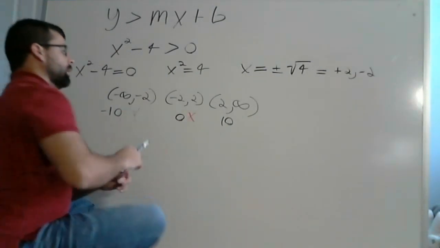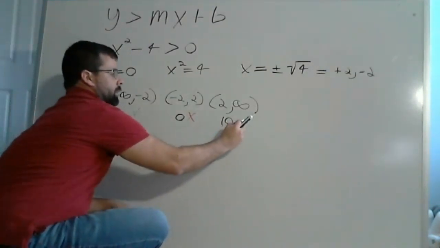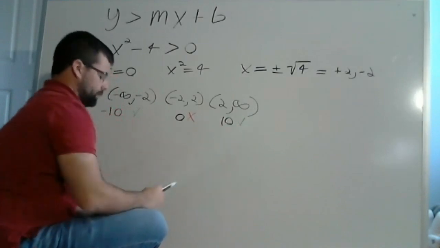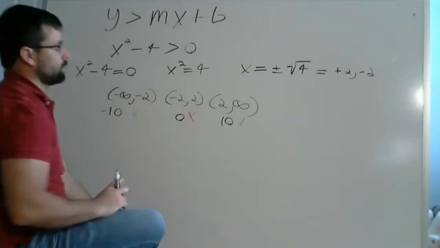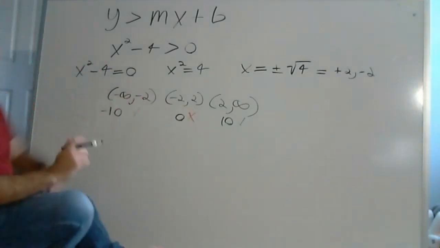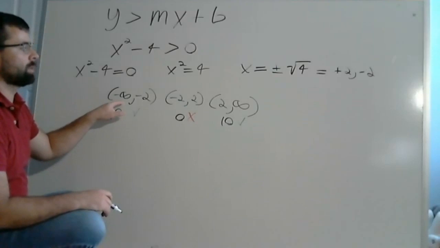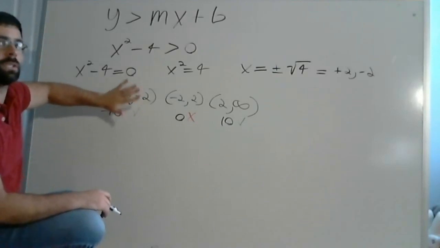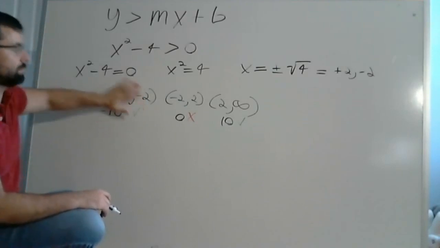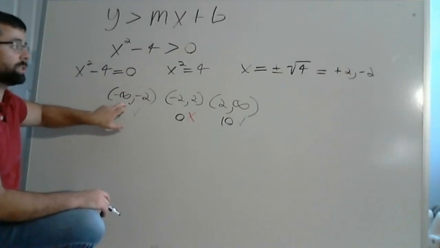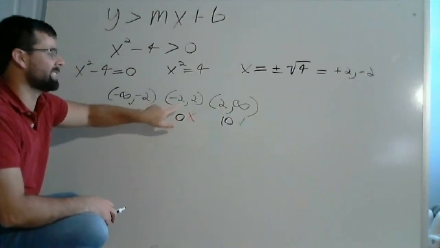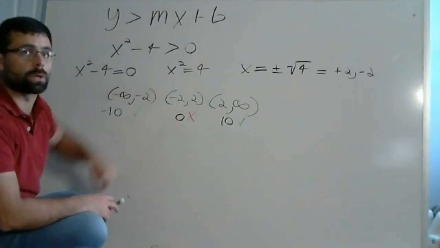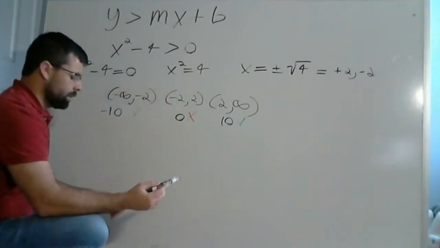And we plug in positive 10, we find that this one does also work. So now that we have our bounds, we say that all the points in this region work, and none of the points in this region work. So from there,